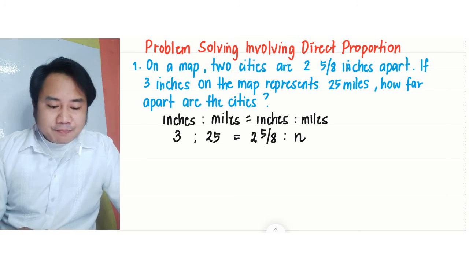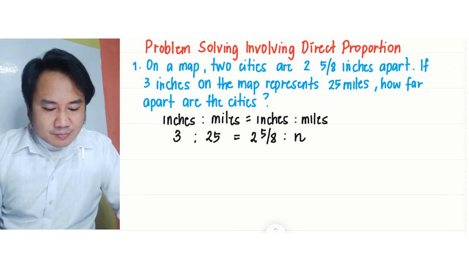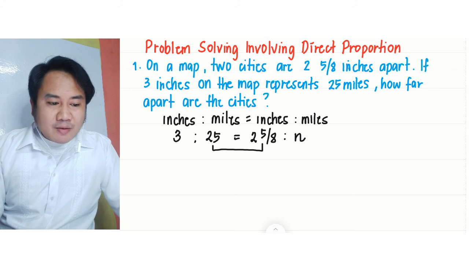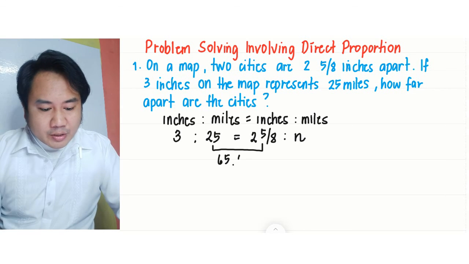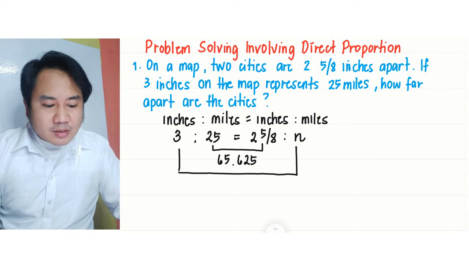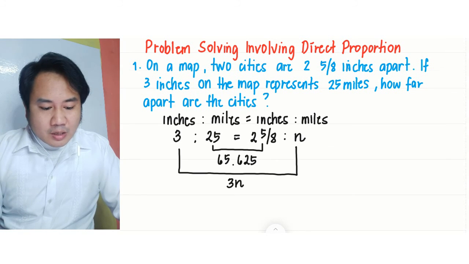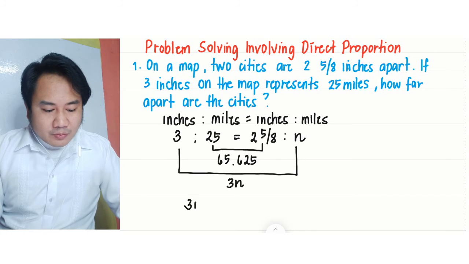To solve for n, we are going to multiply the means and the extremes. So we are going to multiply 25 and 2 and 5/8. This is equal to 65.625. And then we will multiply 3 and n, which is equal to 3n. And then we are going to equate the two. 3n equals